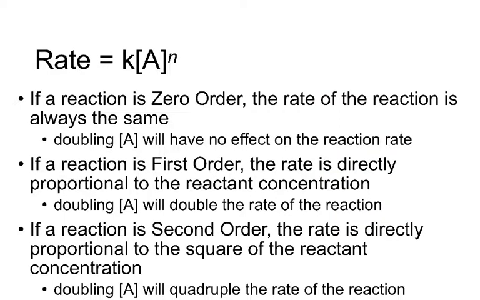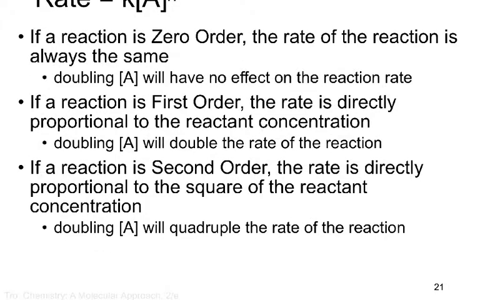Let's dig in a little bit more into these orders of reaction. If a reaction is zero order, the rate is always the same. Doubling your concentration isn't going to have an effect. If your reaction is first order, your rate is directly proportional to the reactant concentration. So if you double your concentration of A, you're going to double the rate of the reaction. If a reaction is second order, if you double the concentration, your rate is going to quadruple because it will